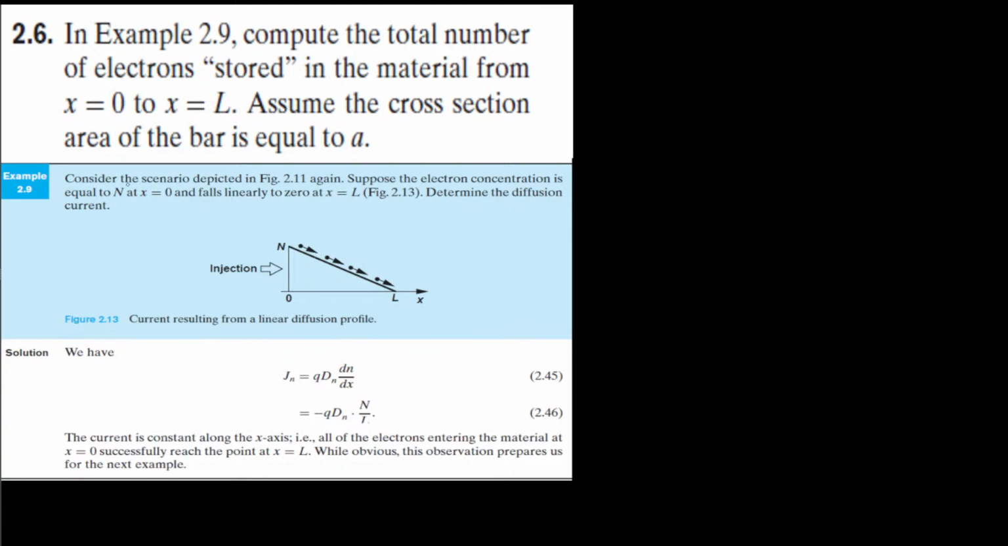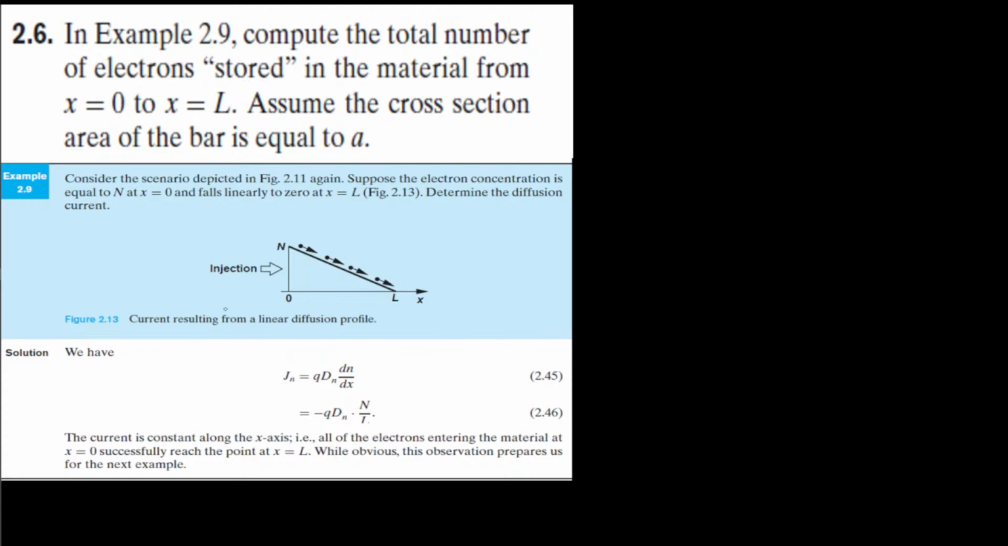Okay, consider a scenario depicted in figure 2.11 again. Suppose the electron concentration is equal to n at x equal to 0 and falls linearly to 0 at x equal to L. Determine the diffusion current, and they use this equation to find the answer. Okay, and the current is constant and all this stuff, but here what we are interested in is the